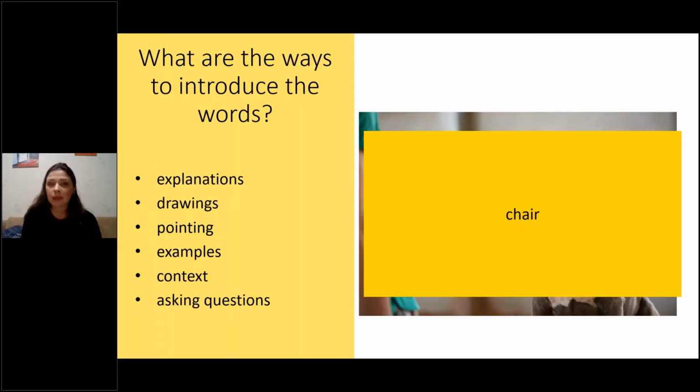You can use explanations, you can use drawing. There are even books that teach teachers to draw pictures while explaining something. You can point, you can use examples, you can use the context, or you can ask questions. That is a great method that you can use